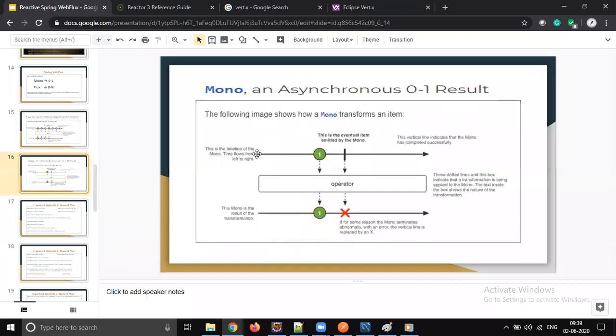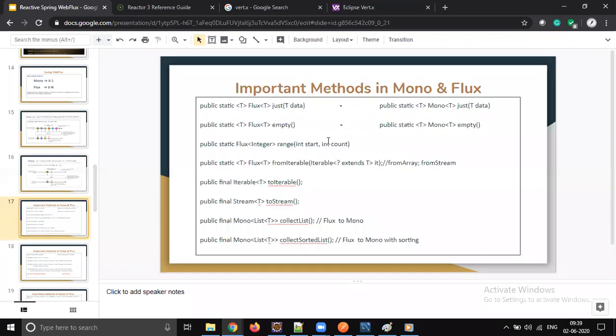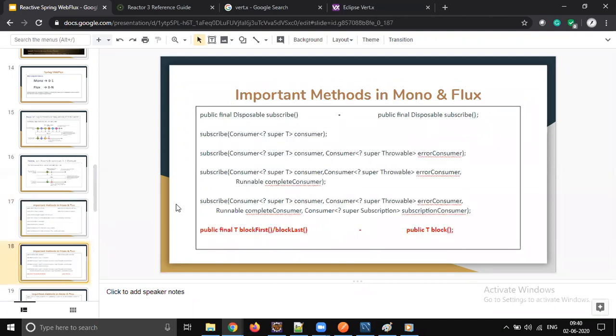We will be learning how to create Flux, how to create Mono, how to convert a Java util collection of data into Flux, how to convert an object into Mono, how to extract the data, and how to transfer the data. All those things happen by using these methods.